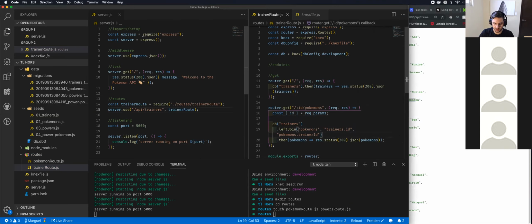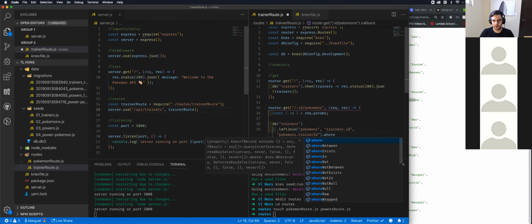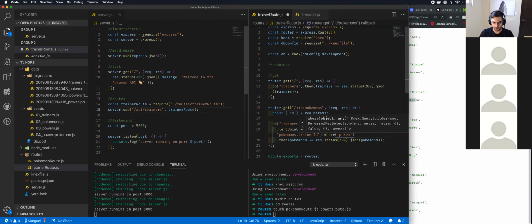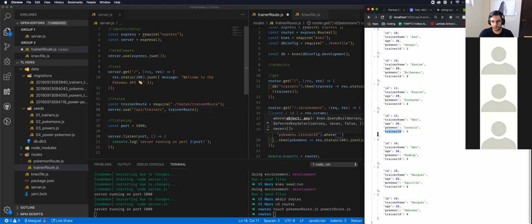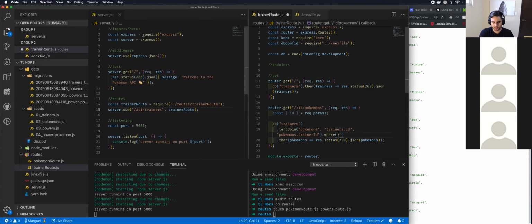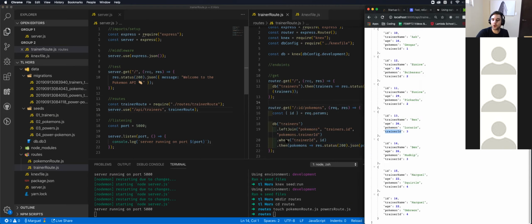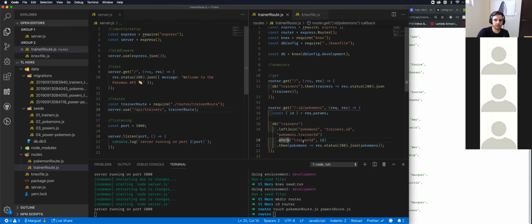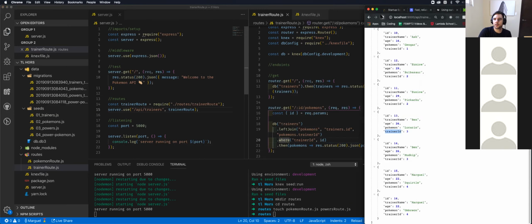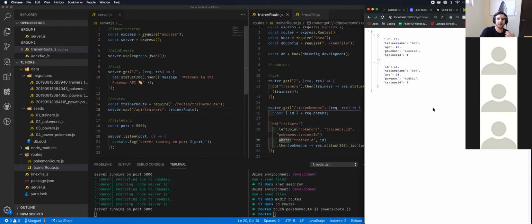And right now here we can just say where the trainer ID, sorry. Actually, we want to look inside the Pokemon table, so that's the trainer ID, this one right here. And I think actually I was typing that equals the ID we provide. And now, if we run it again, since we're looking only for the ones that have the trainer ID we provide, we run it, and now we only get the Pokemons for Ben, which has the trainer ID